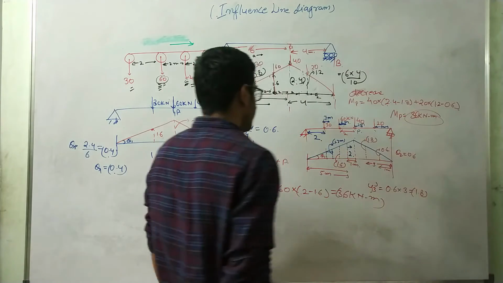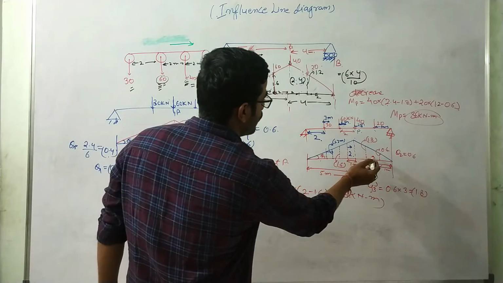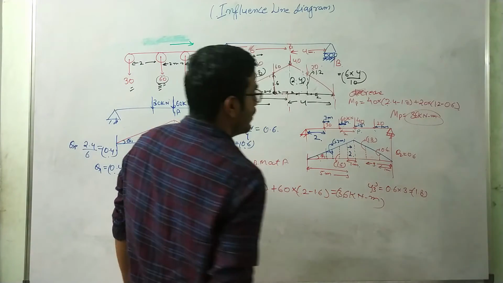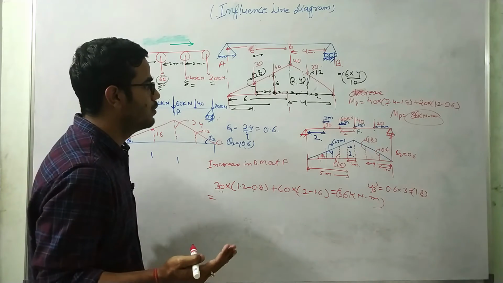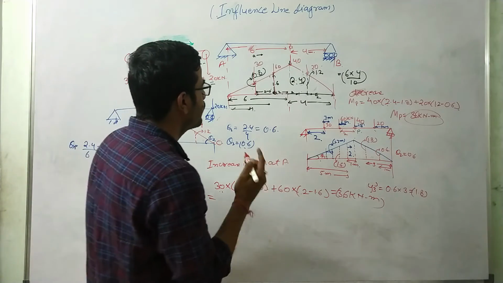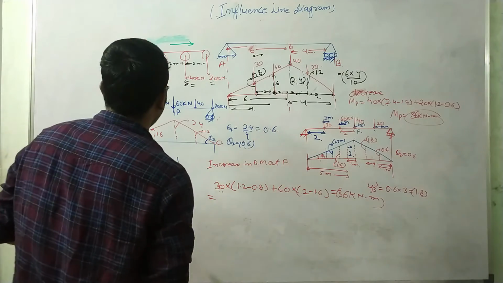Now you can see that 36 kilonewton meter is increased from this side and 36 kilonewton meter is decreased from this side. There is no overall increase or decrease, so the net increase or decrease will be 0. So the conclusion from here is that if I keep my load,